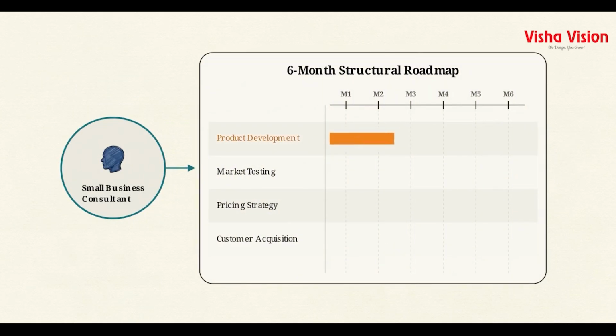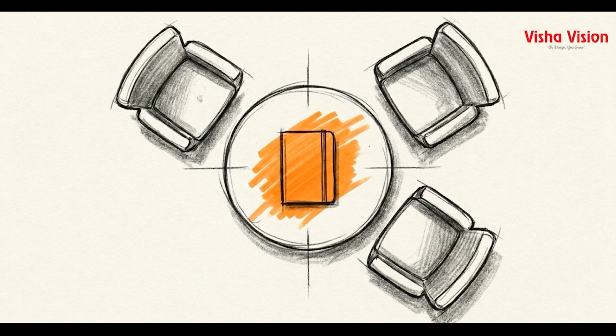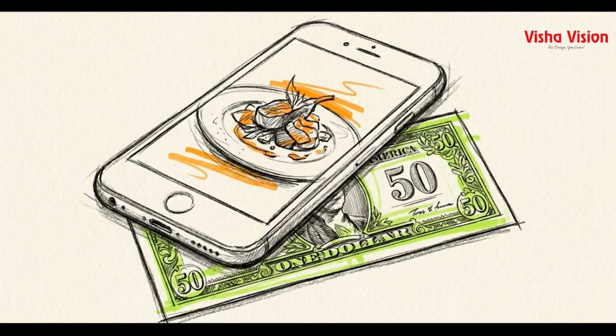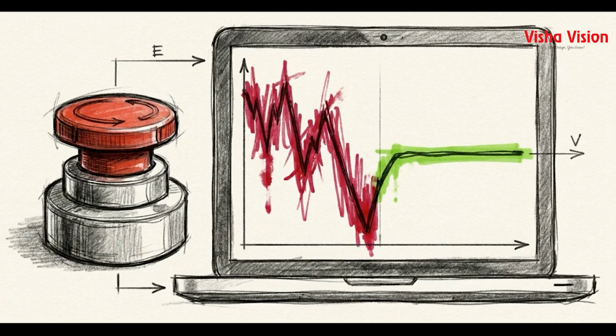An experienced small business consultant persona maps a 6-month structural roadmap for a food startup. An HR manager persona provides a structured mediation process to resolve professional conflicts based on established management protocols. A digital marketing expert, given a strict budget and target demographic, will generate a lean, actionable strategy instead of a broad, unmanageable campaign. In a high-stakes scenario, a CFO persona, prompted for a cash flow triage plan, generates a crisis management protocol based on financial best practices.